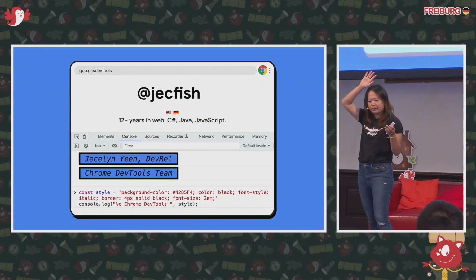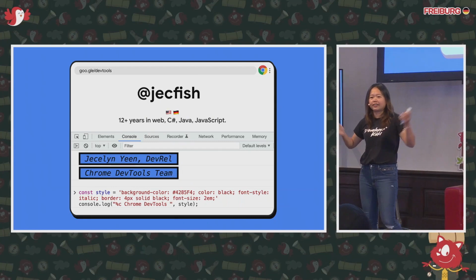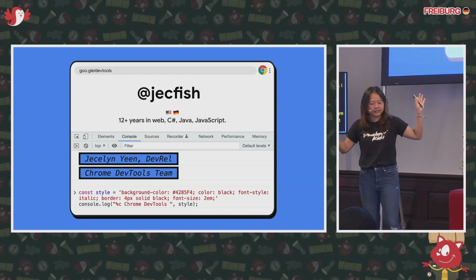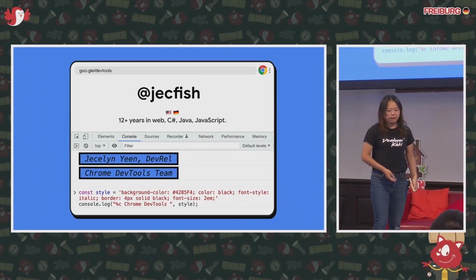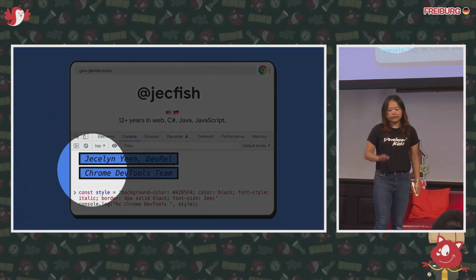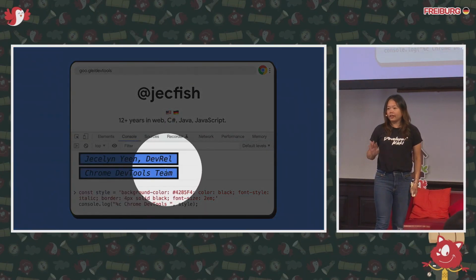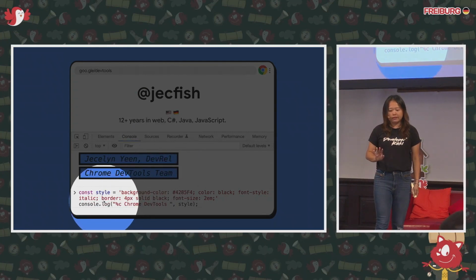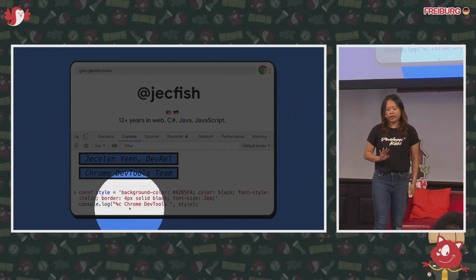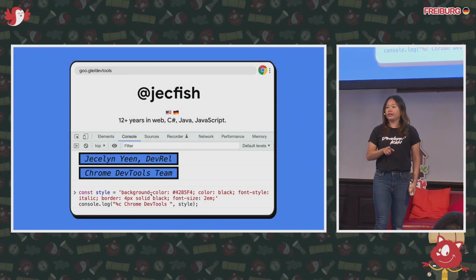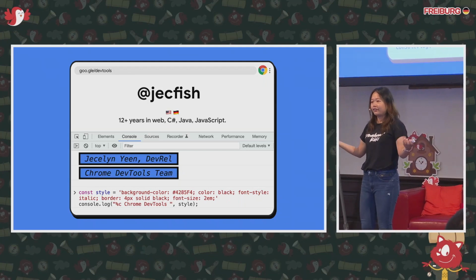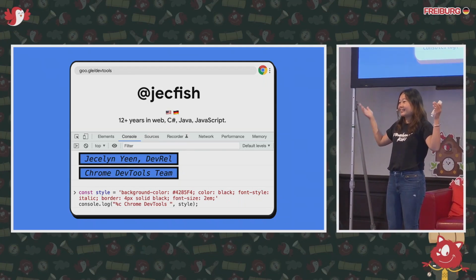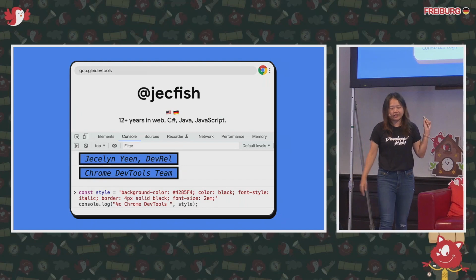This is because I love fish so much, that's why my handle is Jack Fish as well. By the way, this part at the bottom is a real screenshot from DevTools. How to achieve it is you can use %c to put in your style and to format the message in this way. So you can format any message and apply any style in your console.log if you want to have nicer console.log messages.